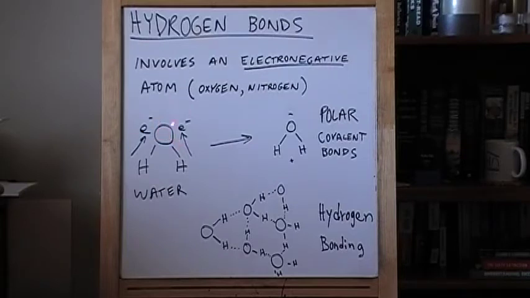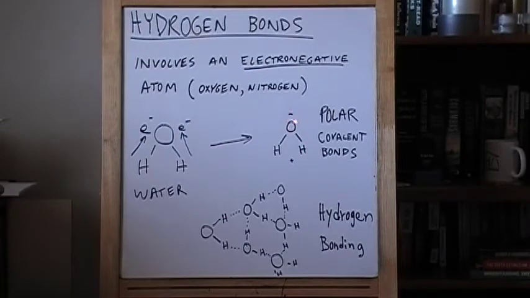And oxygen, being highly electronegative, pulls the electrons towards it. And so in the water molecule, there's an uneven distribution of electrons. So you have more electrons on one side of the atom and less on the other side. And this is called a polar covalent bond. You have the covalent bond, but because of the electronegativity of the oxygen, the electrons tend to be on this